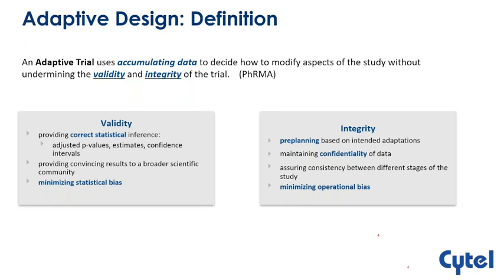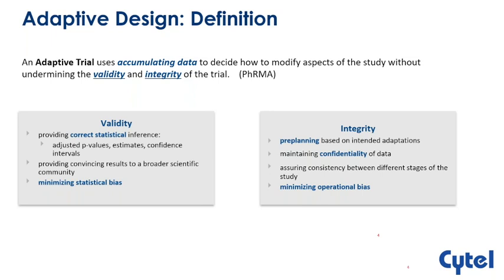By validity, we mean correct statistical inference, like appropriate p-values, controlling type 1 error, appropriate estimates and confidence intervals, and providing convincing scientific results and minimizing statistical bias. And by integrity,